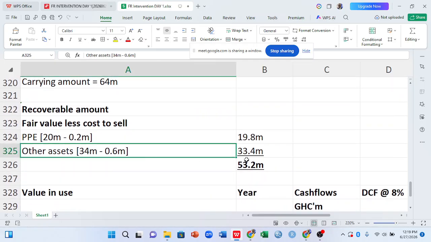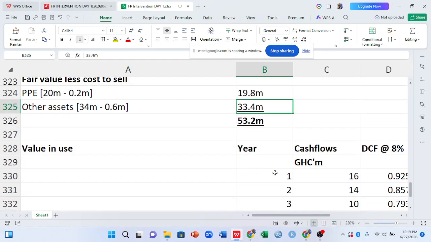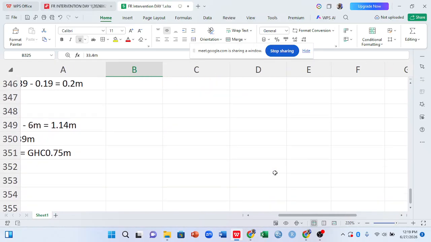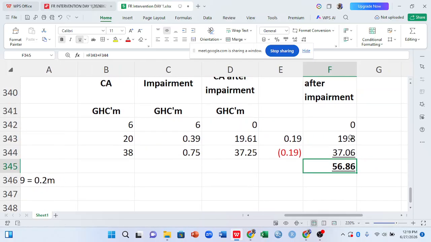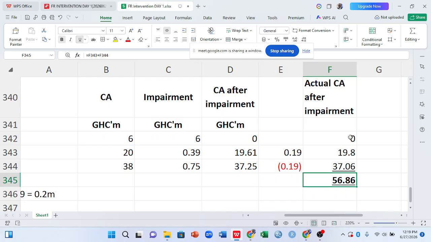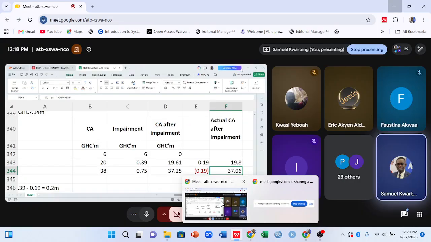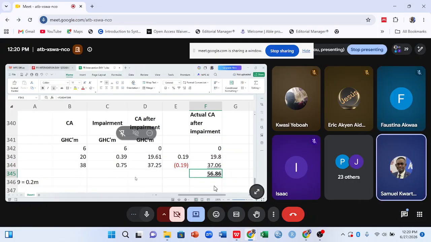You can see the other assets, we have 33.4. You can see that this value we have gotten is way above it. So we are good to go. It's way above it. So this is how you go about this question. I picked this question because it touched on almost everything I wanted to talk about on impairments. So if there's a question on this,